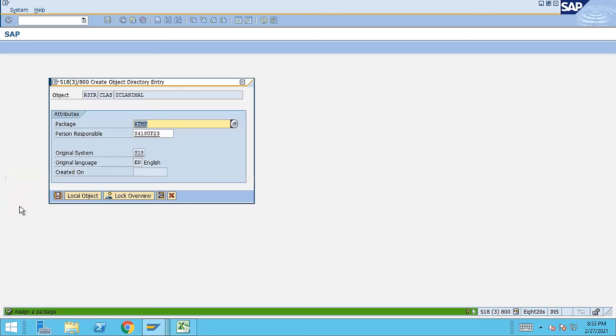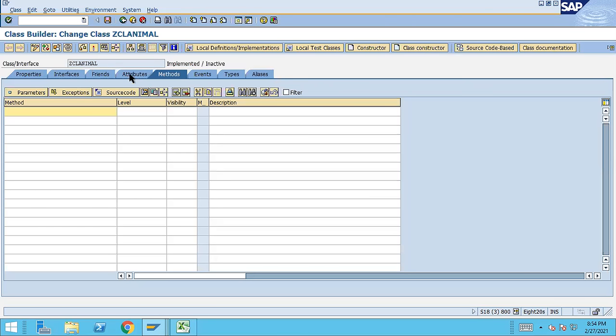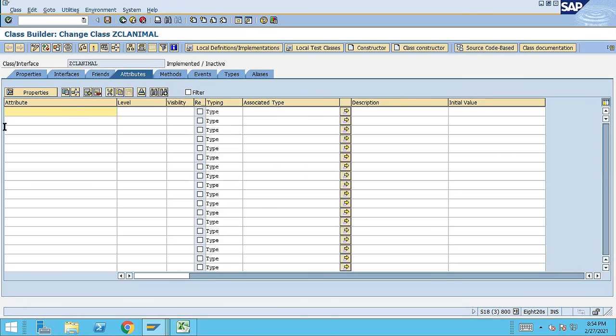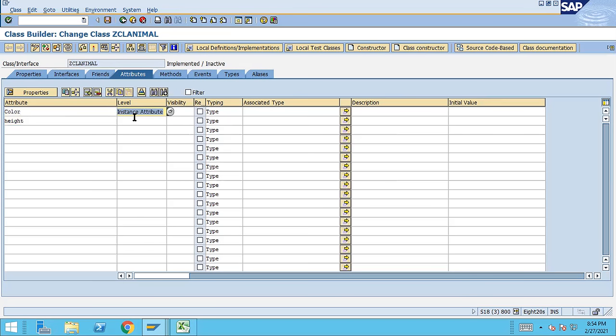Okay, click on the save button, click on this local object, and here we have the attribute section. So one animal can have what attributes? It can have the color, right? It can have the height, something like that. Here you have the label: instance attribute, static attribute, and constant attribute, right? I'm going to choose the instance attribute. Okay. Height, again choose the instance,